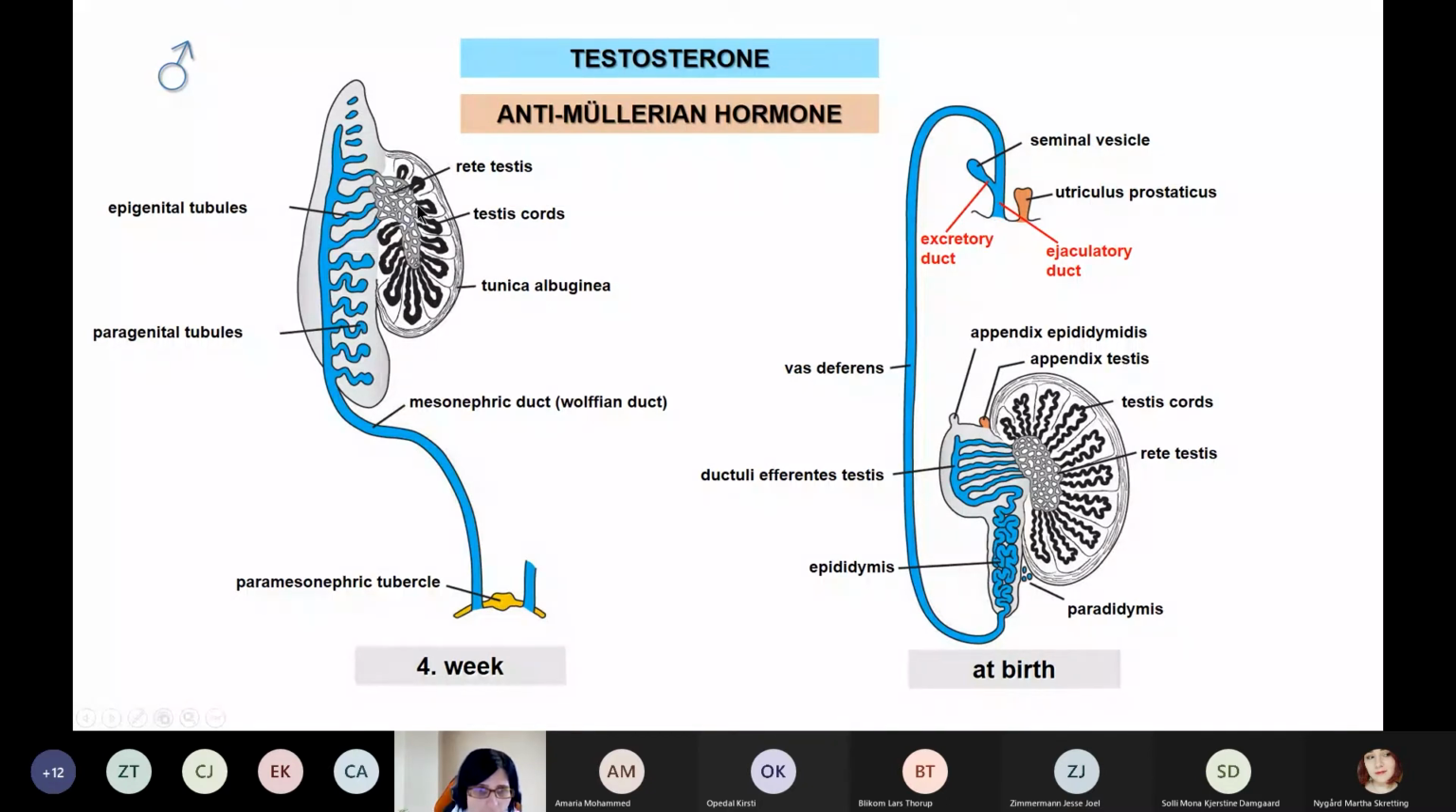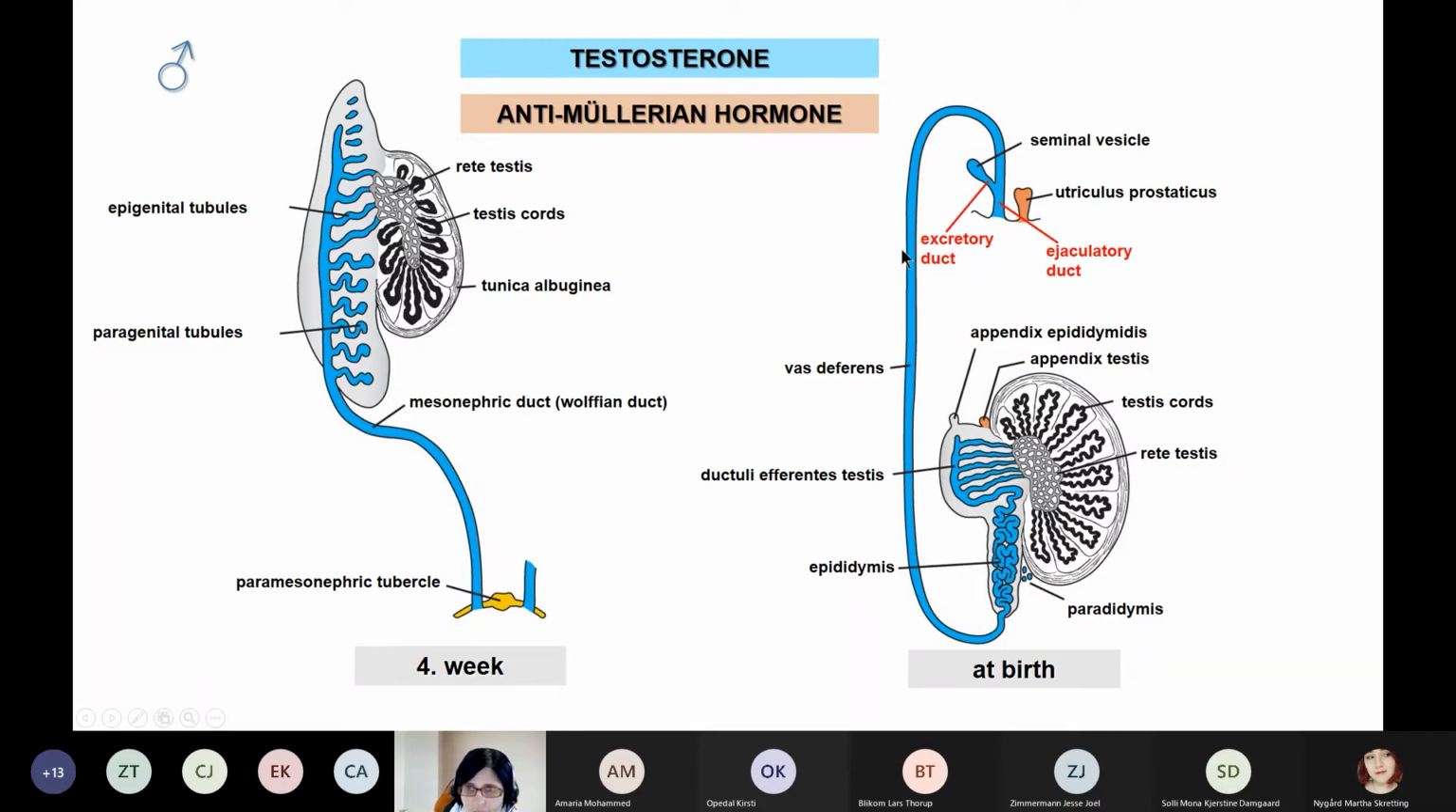And we have seen how the parts will develop, and the epigenital tubules give the ductuli afferentes of the testis here, and then this will form the communication between the rete testis and the duct of the epididymis, and then this part will become very coiled here, and this gives the epididymis. The continuation of it we call the vas deferens, and the vas deferens will be that straight part of the